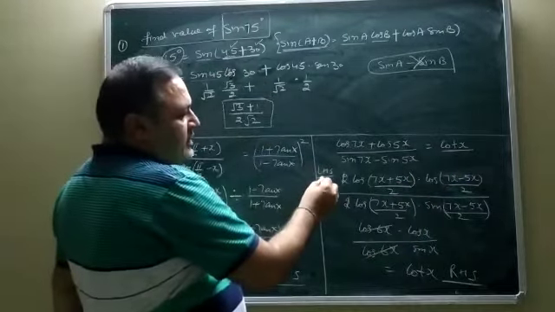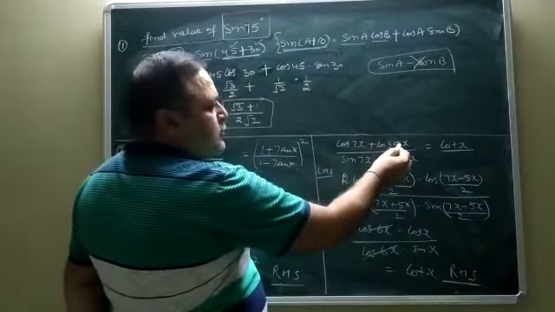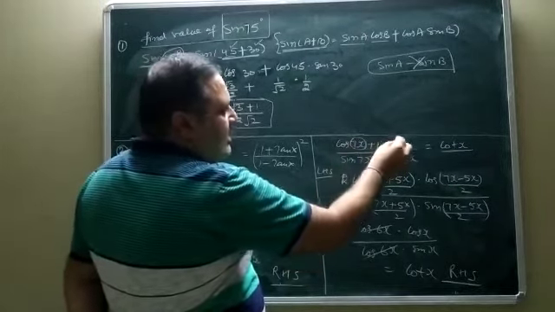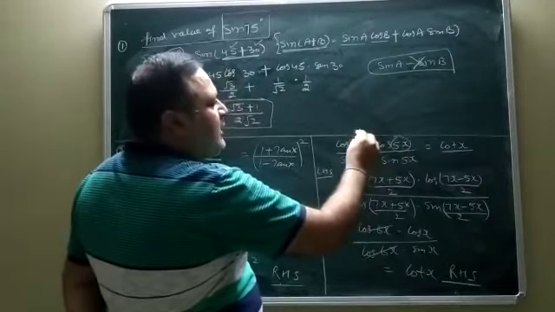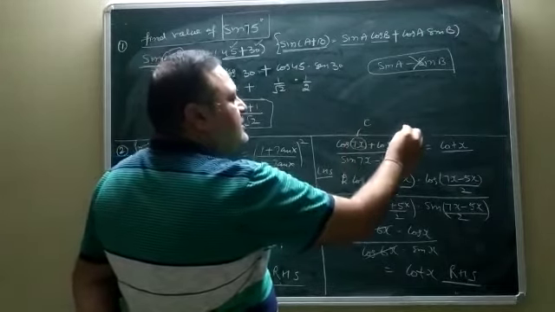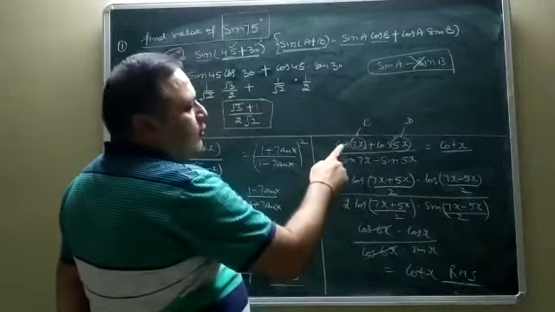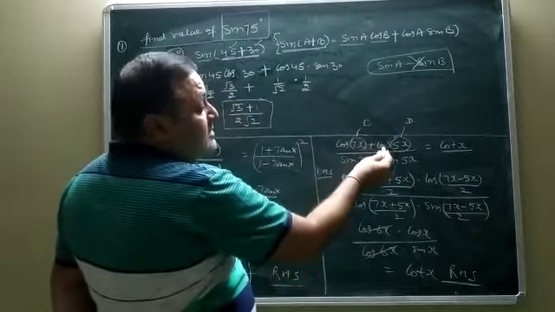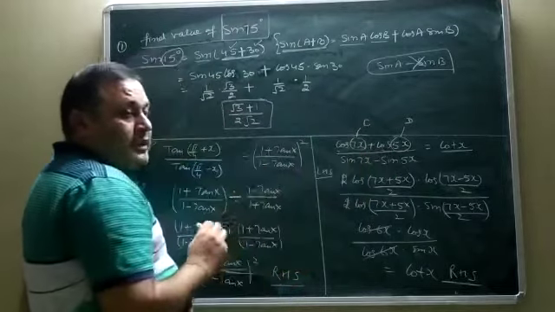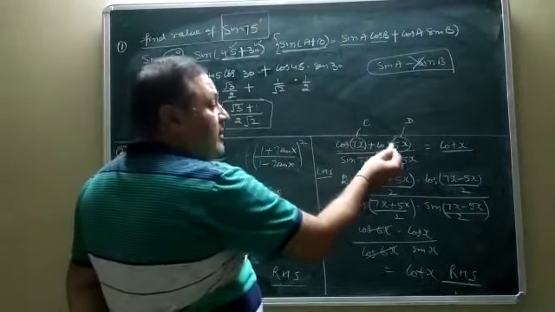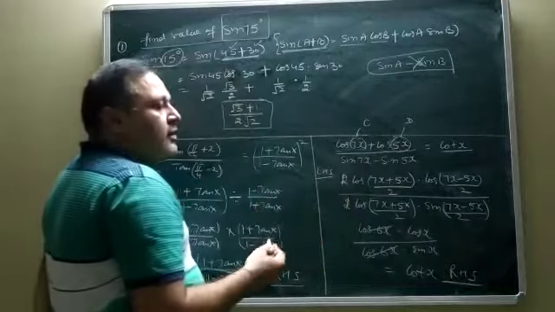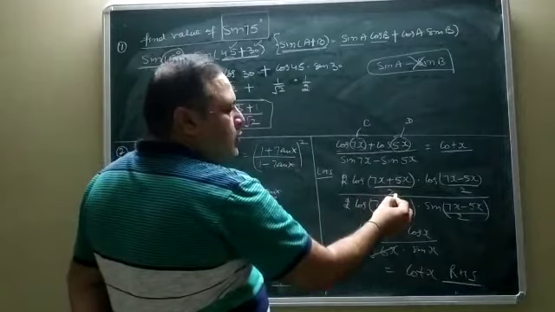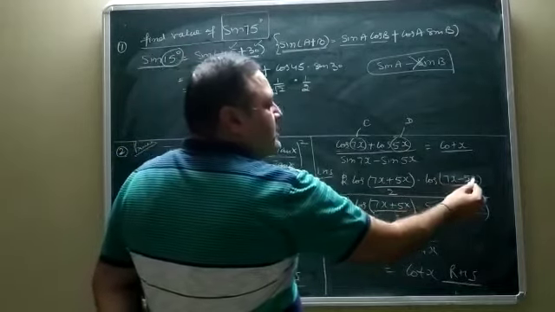Now we take the left hand side, cos 7x plus cos 5x. If you observe, this is one angle and this is another angle, like angle C and angle D. So we need the formula for cos C plus cos D. Remember, it doesn't mean that cos will be common. It is never possible. These are trigonometrical functions with different angles. So we have to apply the formula cos C plus cos D is 2 cos of C plus D by 2 into cos of C minus D by 2.